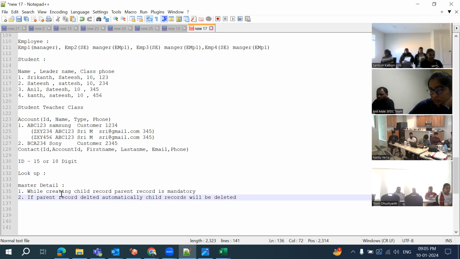Okay. So whatever the child records, that may be 5, 10, 20, 30, whatever it may be. If the parent record is deleted, automatically the child records will be deleted. It is in a second property. And then the third one is basically,